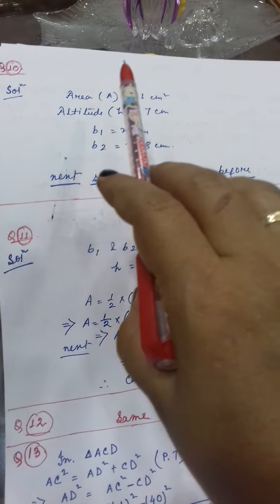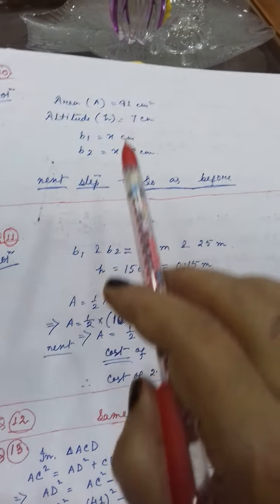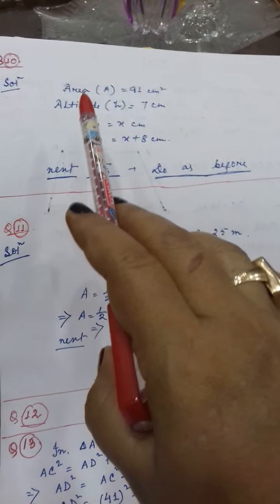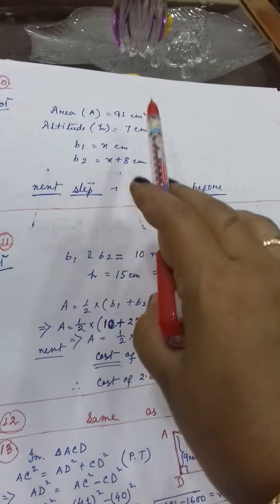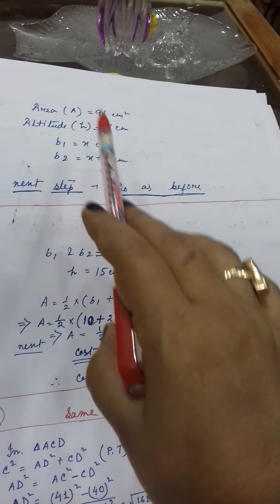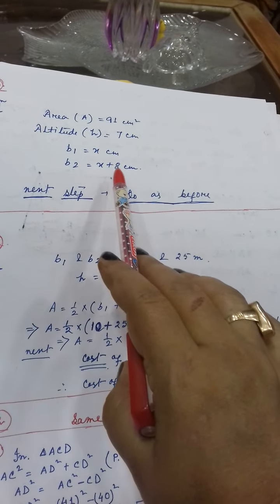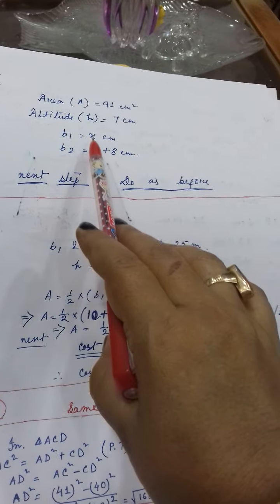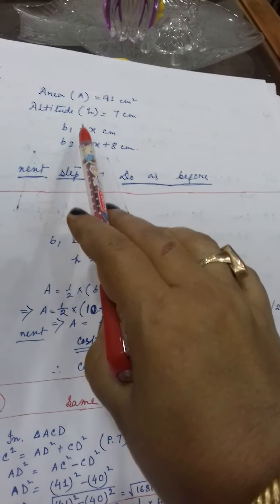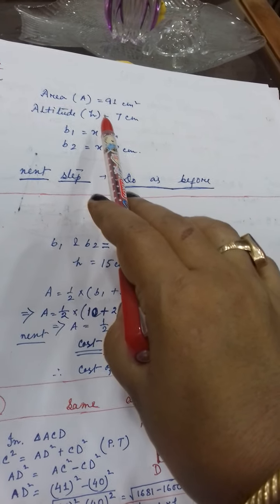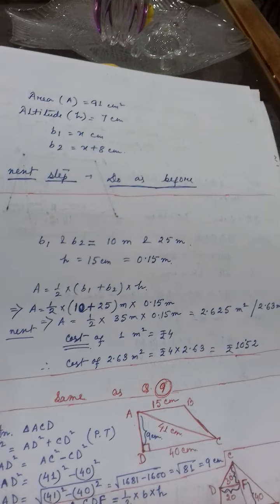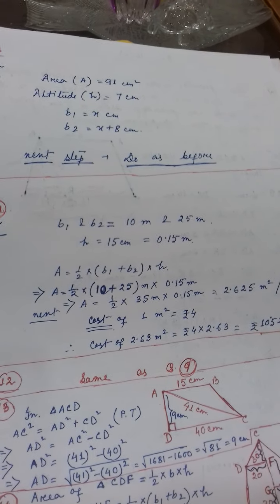See, I have not written the question, but for each and every sum you will write down the question, students, in your copy. So here area is given to you, height is given to you. It is told one side is longer than the other by 8 centimeter. So if one side you consider as x, the other will be what? X plus 8. Clear? After getting the two sides, height you have got already, next step you will move with the formula. Clear? You will find out the area.